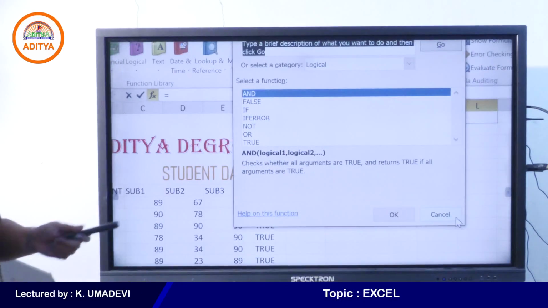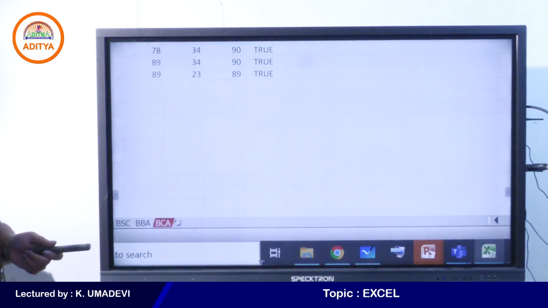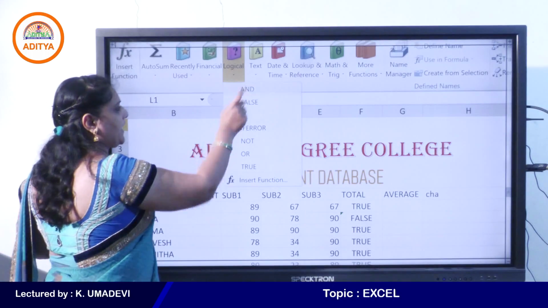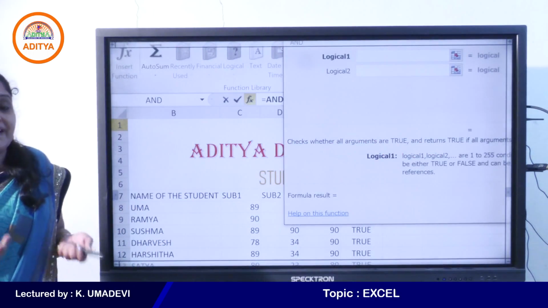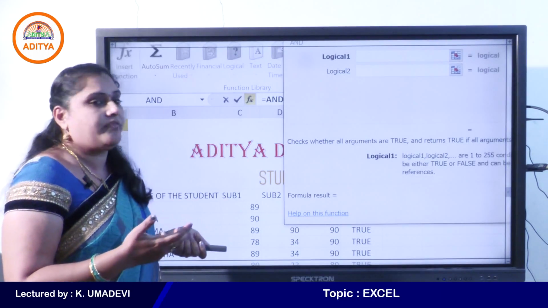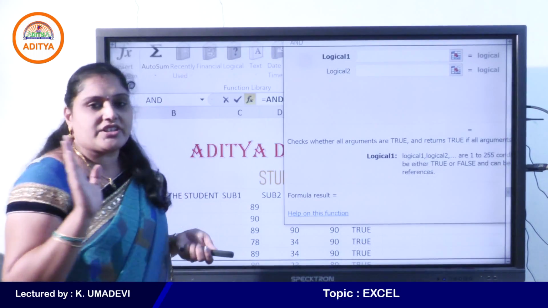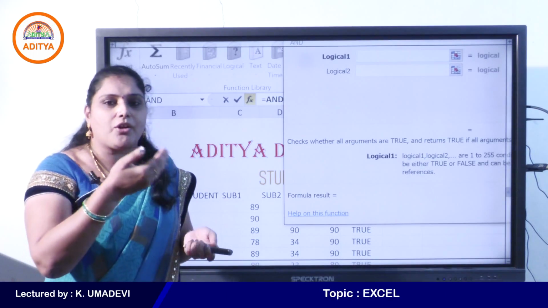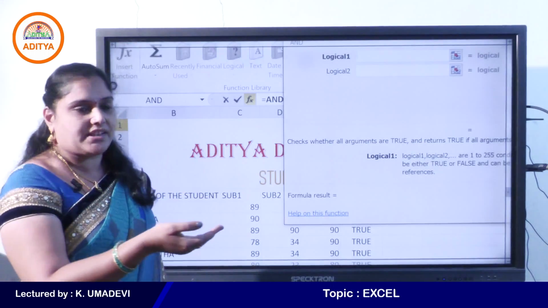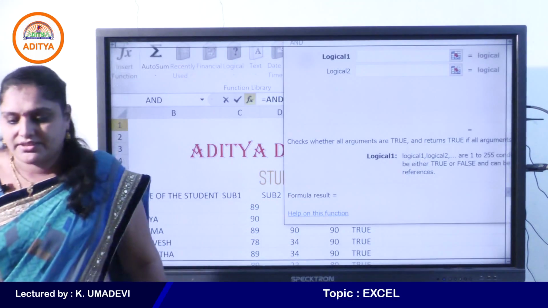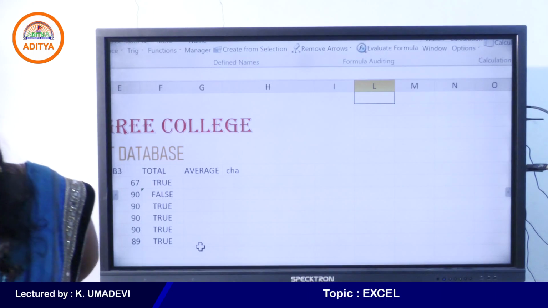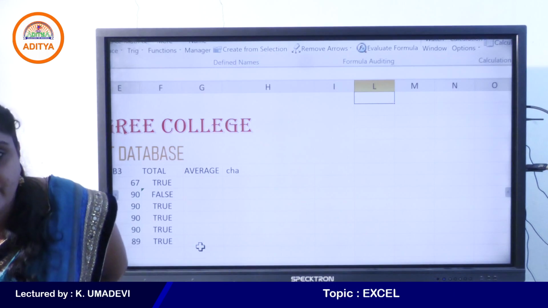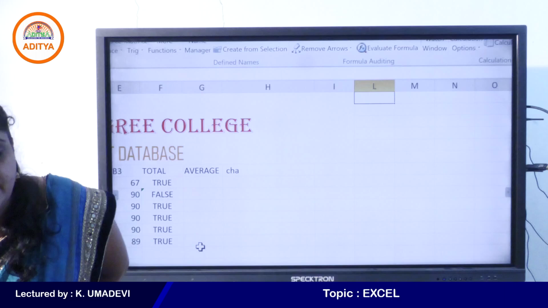So what is the shortcut key for this dialog box, students? What is the shortcut key to open the Insert Function dialog box? Go to Logical and select AND. So like this we can insert functions in Excel in many ways. Clear? Come on students, what is the shortcut key? There is a shortcut method, that is we use a shortcut key to directly open the Insert Function dialog box in the Excel window. Anyone in the class, what is the shortcut key? Very good, by using the AutoSum command or by using the Insert Function command under the Formulas tab.